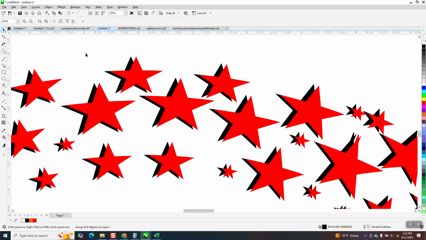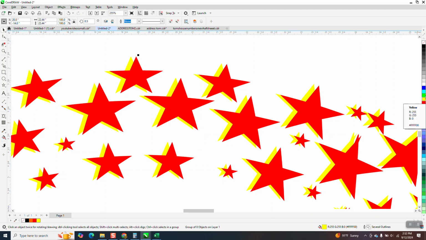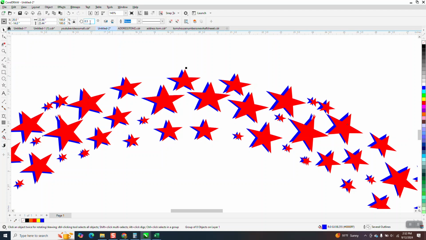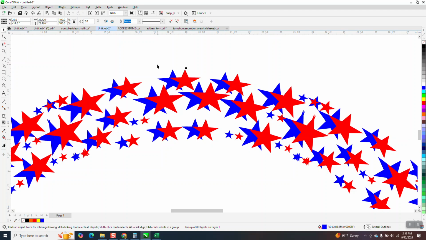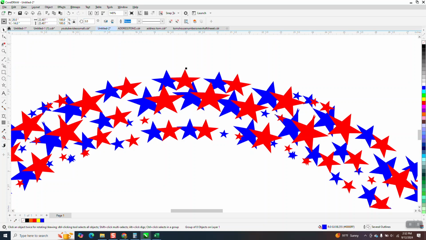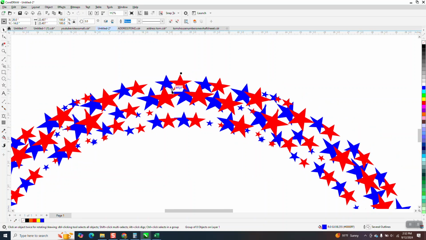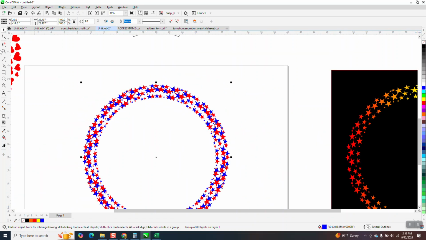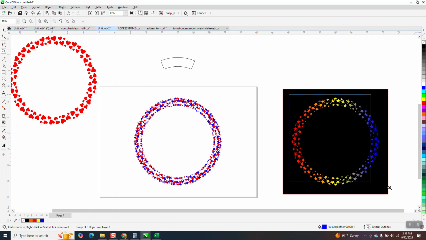And you don't have to do black. You could do yellow, you could do blue, and completely change it up just by changing the rotation. If you rotated it 2 degrees or 3 degrees, and if you selected them right, you'd have red, white, and blue stars sporadically put. Maybe not as neat as the video as I thought it was going to be, but